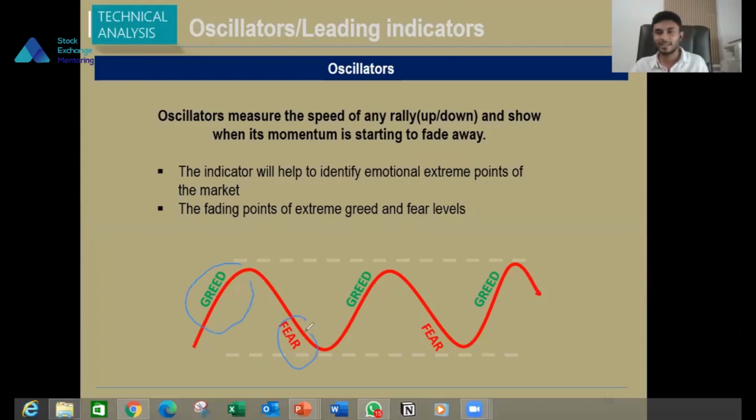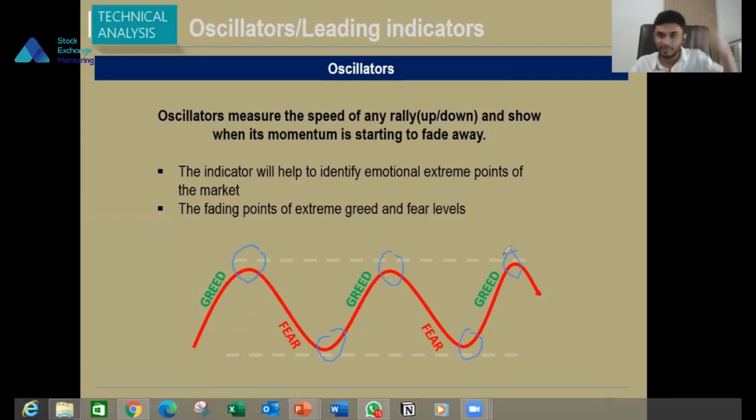When there is excessive greed during the bullish cycle of the market, people mostly talk in a greedy way. I want to keep this stock. I am so in love with this stock. I want more profits. The more they become greedy, the market goes into a very overvalued state. And as a professional investor, we can take advantage of these emotional extreme points, this excessive greed